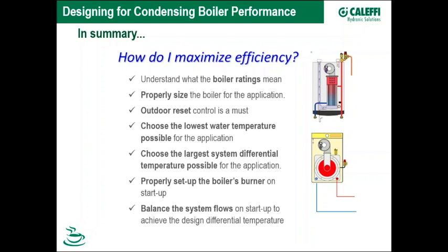And I'm like, you adjusted it? What was it, below 8 or above 10? And like, neither. It was at 8.5. I'm like, you're fully within that range. And the answer is yes, but I wanted it at 9.5. So the techs that are in the know, I see them out there making this kind of adjustment. And from these techs is actually where I got my number of 9.5. It was their target. Okay? And then finally, I have to make sure I balance the system flow to ensure that the delta T,